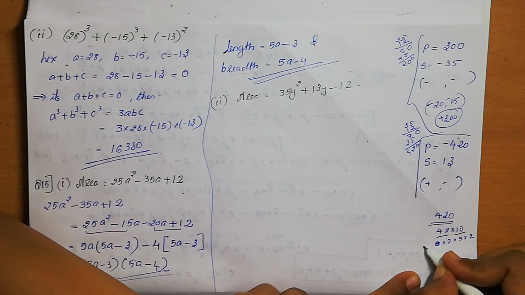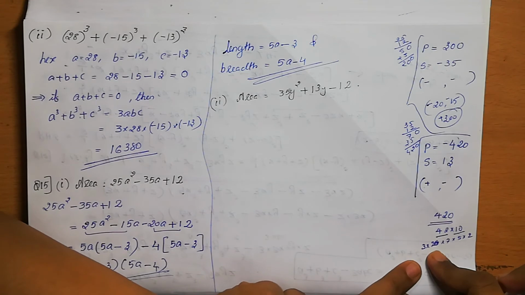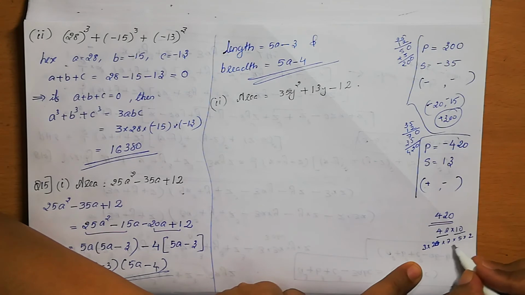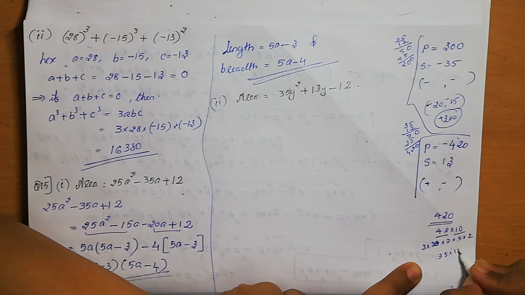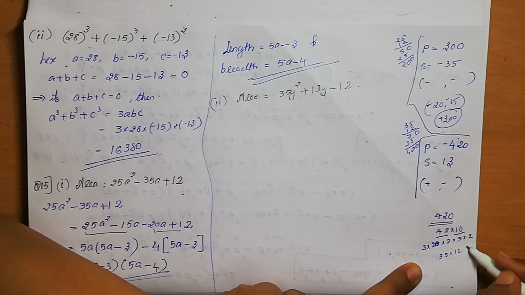This 6 we can write as 3 into 2 also. That means 3 into 2 is 6. Then this is 10. We already checked this 10 and 42 we checked. Then 7 5s are 35. 35 and 3 into 2 is 6. 6 into 12. 35 and 12 we can check. 35 into 12. 35 minus 12 means we won't get 13, right? So that is also not possible.